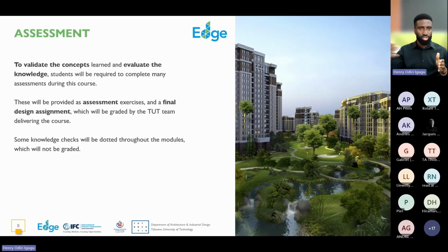Now, whilst we're doing the training, there will be opportunities for interactions and a few quizzes and questions here and there. Perhaps you've not been in an academic environment for some time, or you've not done some training for some time in this sense where you have to do assessments and assignments and all of that. So this is almost going to be a refresher for you. I promise it's going to be exciting.